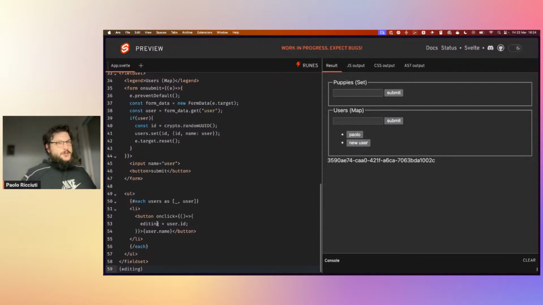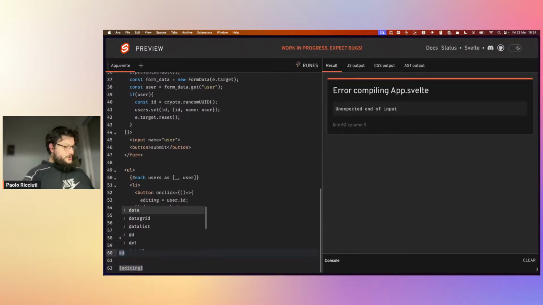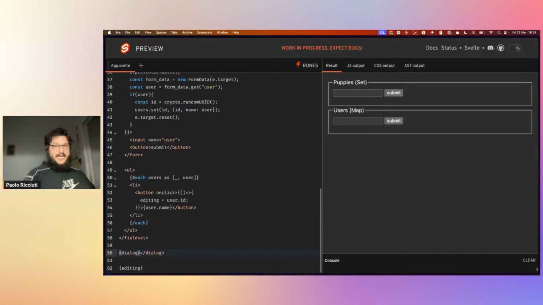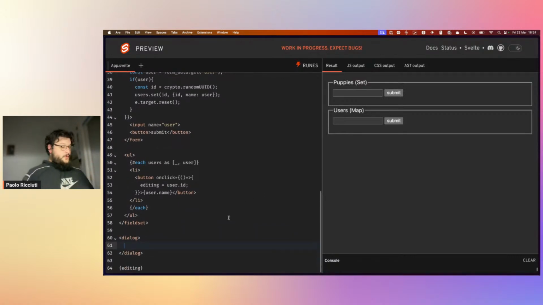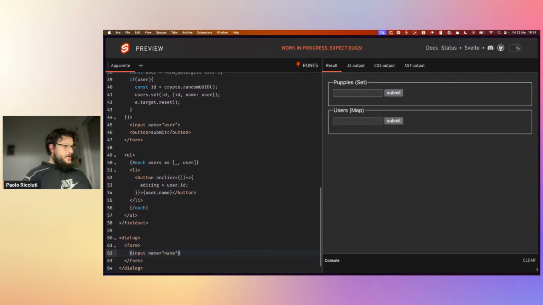Now, what we can do with this, very easy. Let's see. We can use a dialog, which is the native dialog element. And I want to have a form inside a dialog that can change the user. Basically, I have an input which has a name of name, it's fine, and a value of